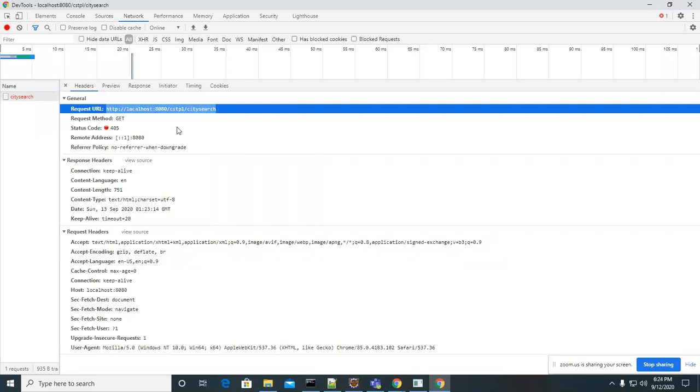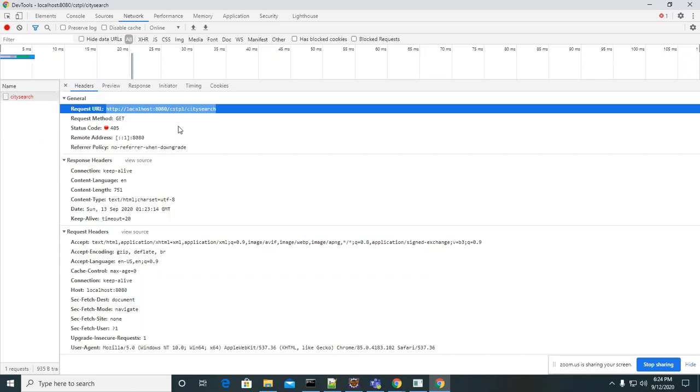As soon as it reaches the server, the server creates two objects. What are the two objects, guys? One is a request object, another one is a response object. Once they are created, all the request data which comes from the browser will be placed in the request object by the server.